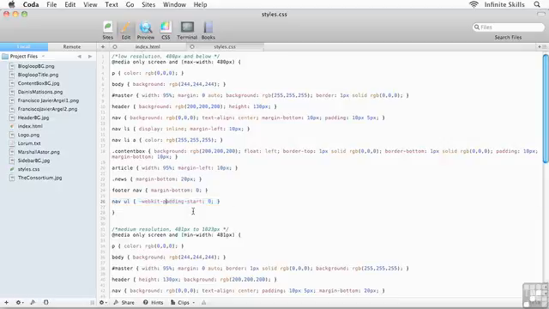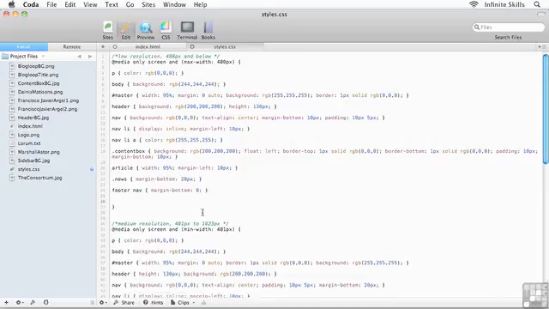So what I could do is copy this new rule and paste it into my other media queries. That's one option. The problem that I have with that option is now I have 3 copies of the same rule, where one would be just fine. So here's what I'm going to do instead. This actually gives me an opportunity to show you something kind of cool. I'm going to take this new rule that you and I created, and I'm going to cut it,